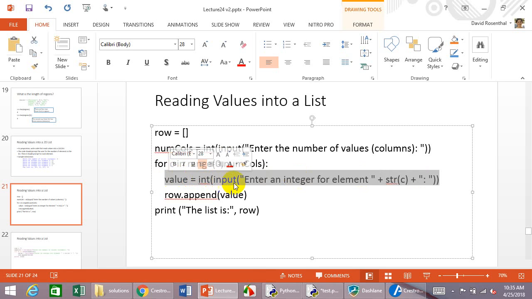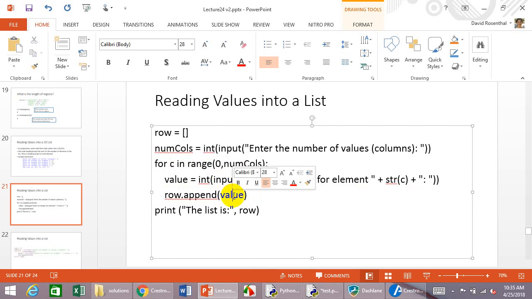And here's the key, guys, everybody. I then take that value that they typed in and I append it to row, which initially was blank. So now row is a list that after the first iteration will have a value. I then iterate back, and now I ask them for the second value, and now I append that, right? So everybody has now created a list, with in this case the number of values. So let me just